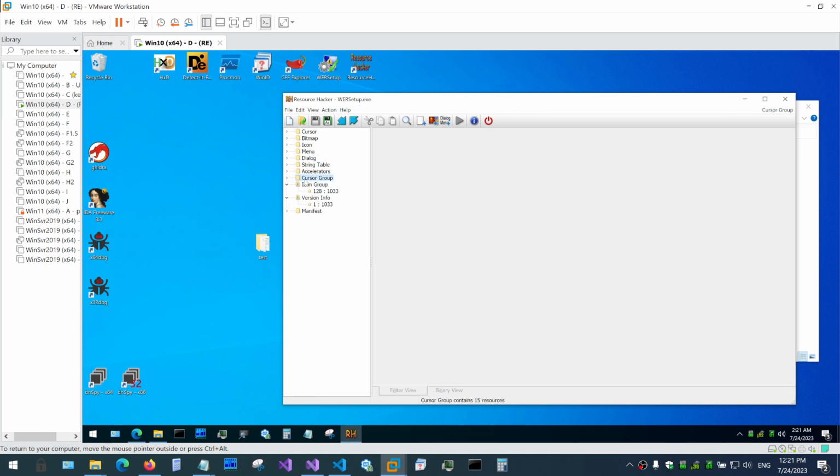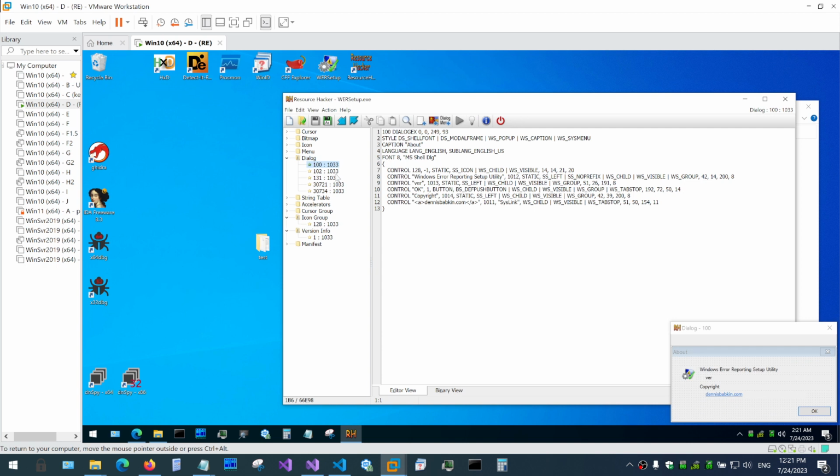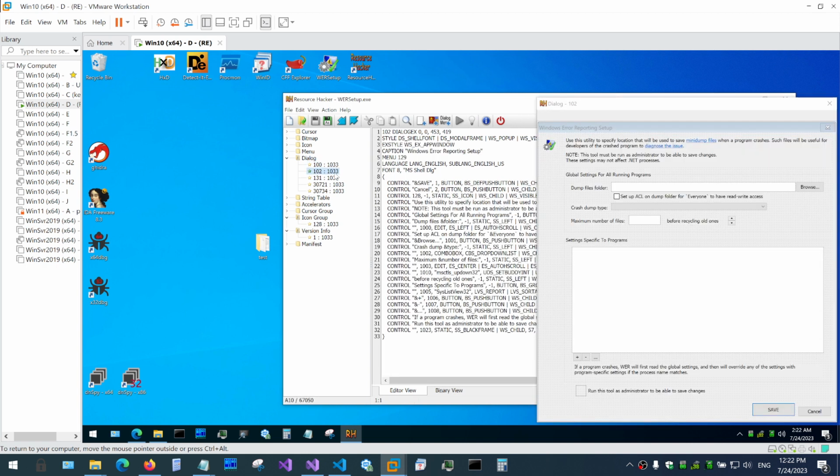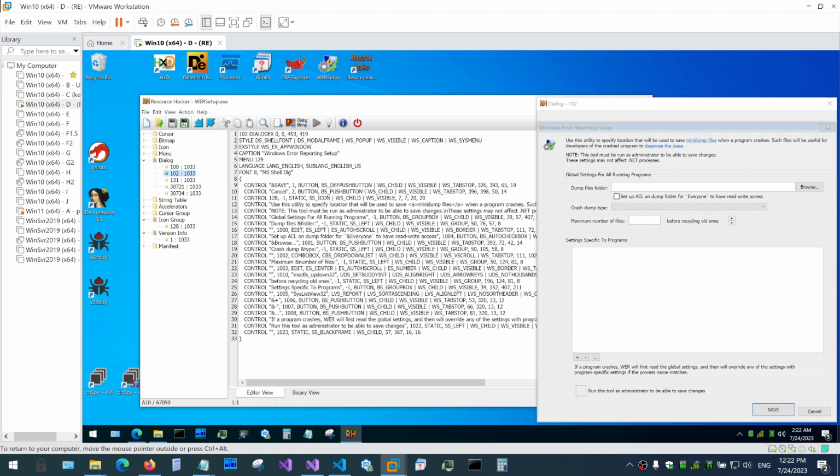Now, the reason I would use Resource Hacker is sometimes to modify the behavior of the app without changing the code. Just to give you a very simple example, if you see in the dialog tree here for WERSetup, you can see that its caption is actually editable. For instance, I can say that the caption will be Windows Error Reporting Setup 2. Let's say I want to do that, and then I compile the script and save,